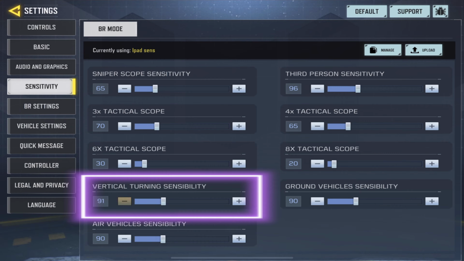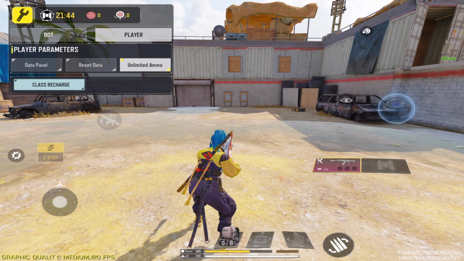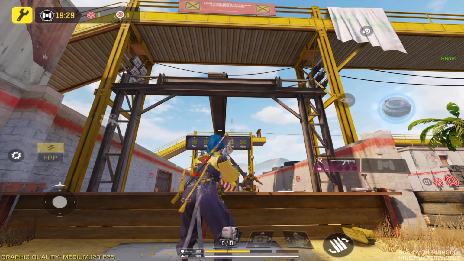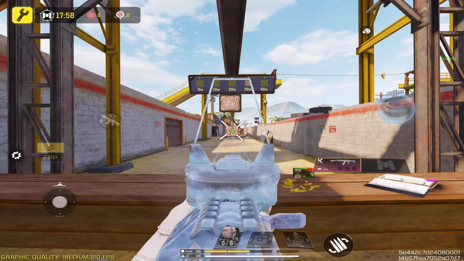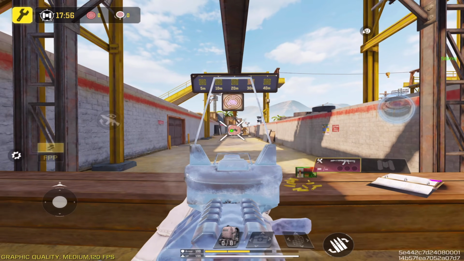Now set your BR vertical turning sensitivity for firing value at 80. And turn on unlimited ammo. And now keep this target board at 30 meters. And start shooting this target board like this, and try to shoot at the center of this board, while controlling